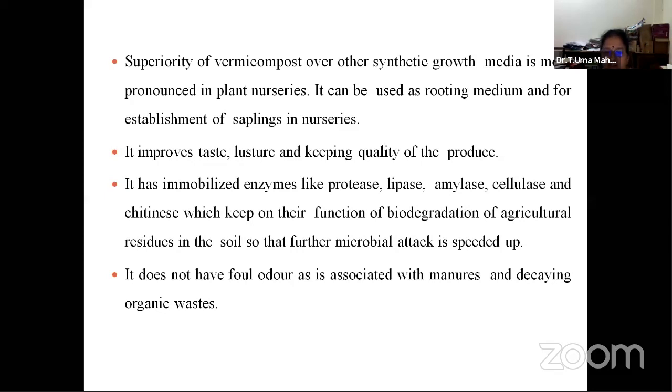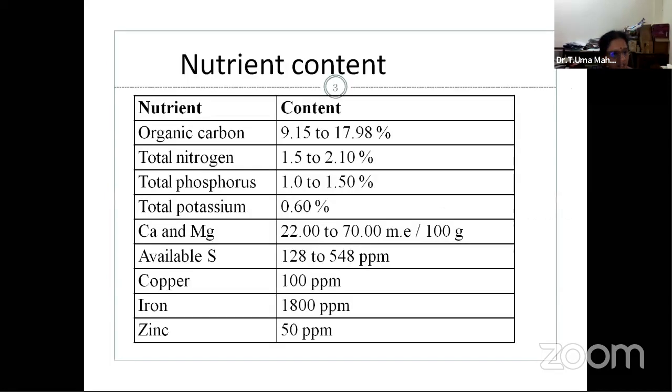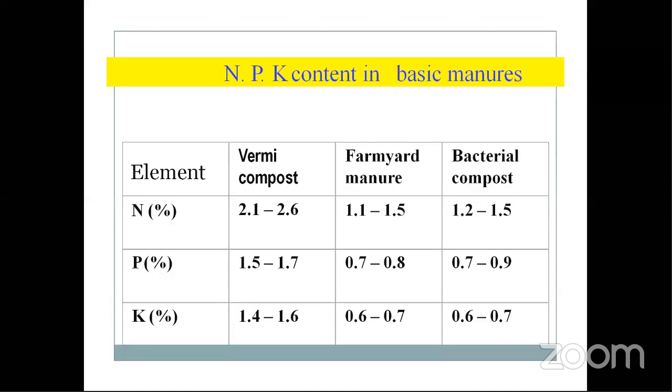So that is why we go for the application of vermicompost, which gives good quality parameters for the particular produce like fruits or vegetables or anything. Then if you go with the nutrient status, as I told you, nitrogen, phosphorus, potassium, calcium, magnesium are all present in much more quantity in the vermicompost as compared to FYM or the chemical fertilizers. Totally we want to avoid them and we can utilize this instead.